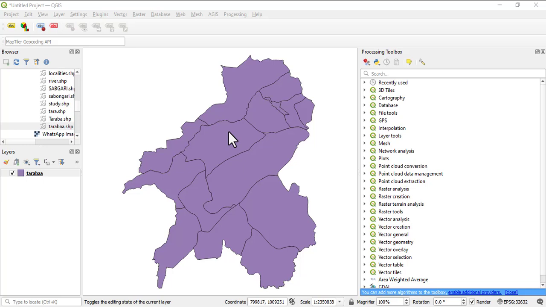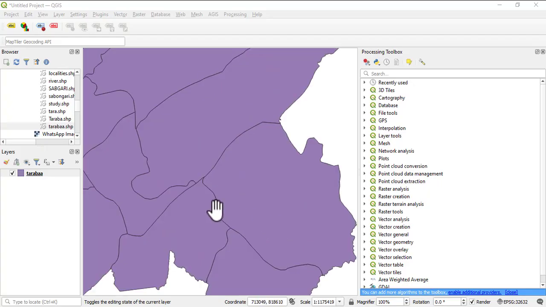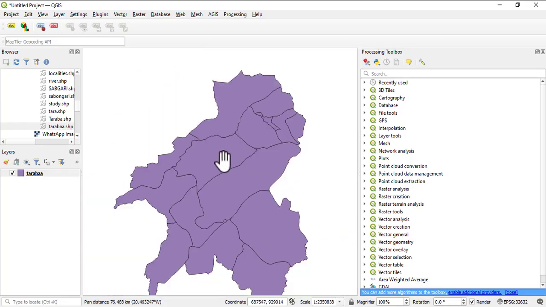Hello and welcome to LI Geospatial, and in this quick video tutorial I'll show you how to calculate area in QGIS. So basically I have 16 local governments of Taraba State and I want to create the various areas each